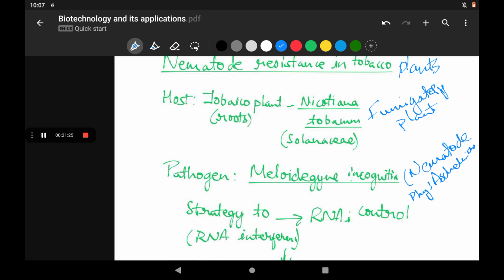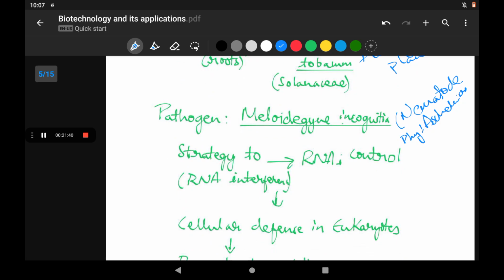So what is the strategy that we are having to control this Meloidogyne incognita and prevent it from affecting the tobacco plants? The strategy that we are adopting is RNA interference, or we also call it RNAi control, where